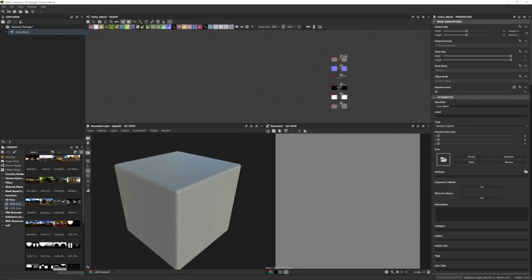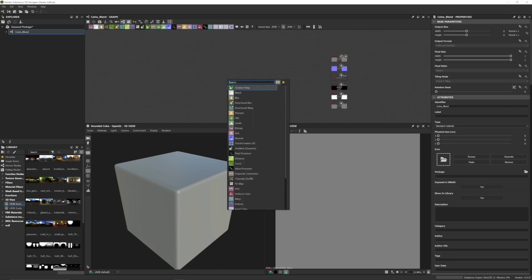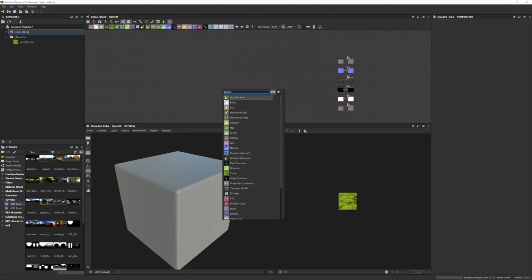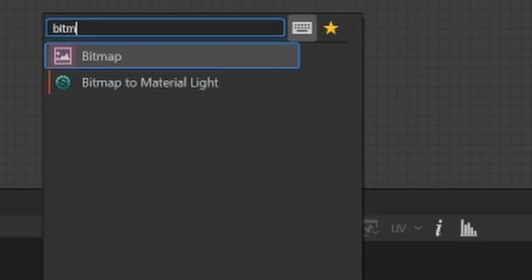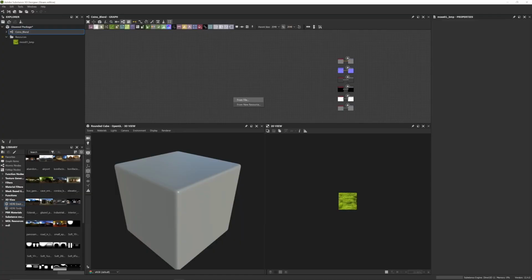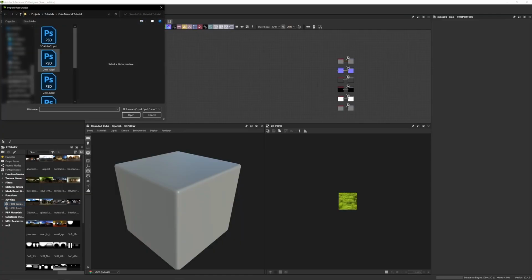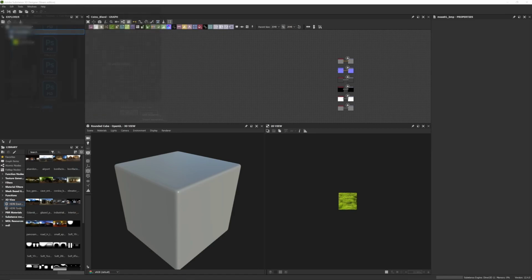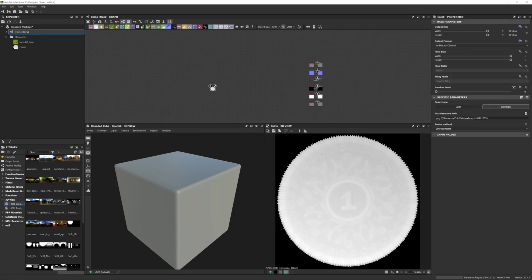So I'm going to search for bitmap, and we're going to go from file, and we're going to choose our coin that we just made before, and I'm going to link the resource just in case I want to change that later on,